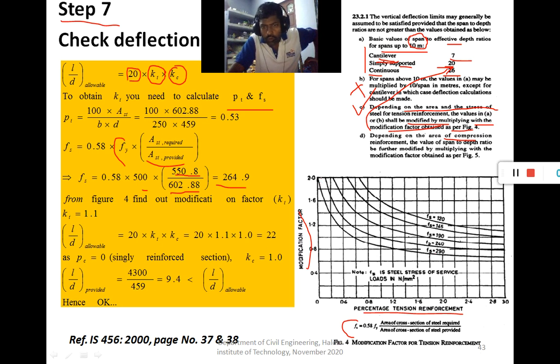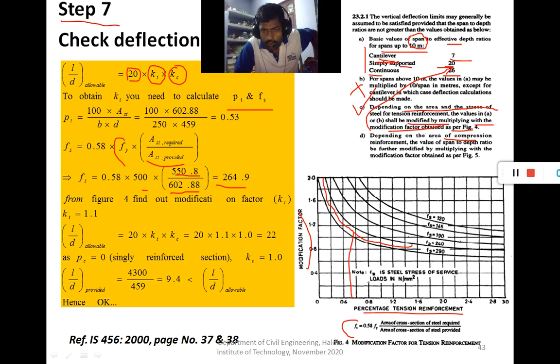So we assume a curve between 240 and 290. The Pt value is 0.53, which is about here.